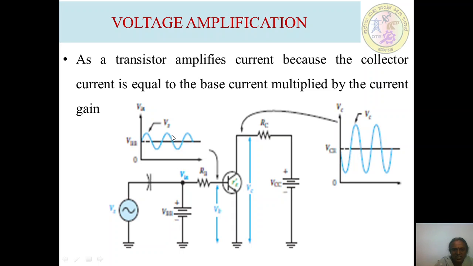See, this is the input voltage. For example, if this is very small, 1 volt, you can see the amplified output voltage, which is more than 1 volt. The output is inverted with respect to the input because the transistor has been connected to operate in the active region. Hence we get this amplified output. This is the concept of voltage amplification.